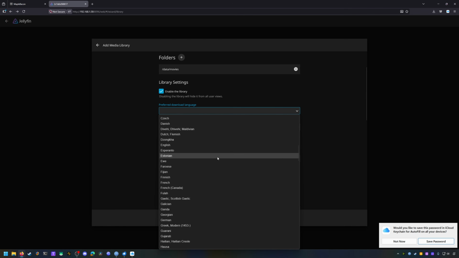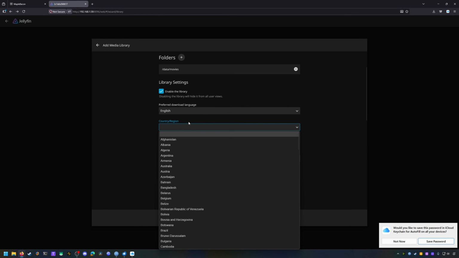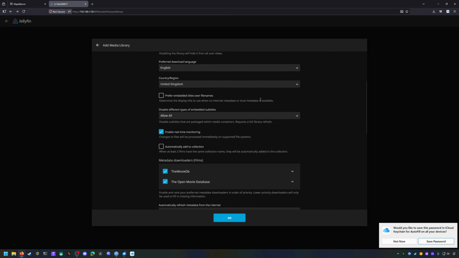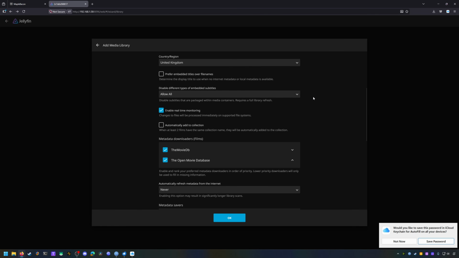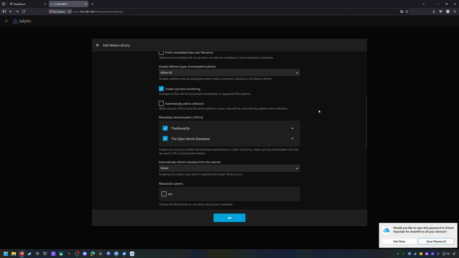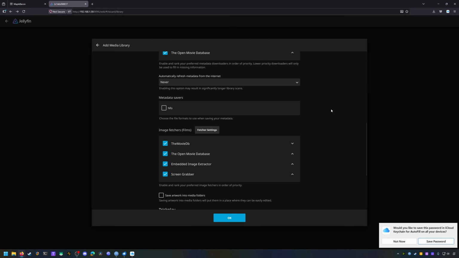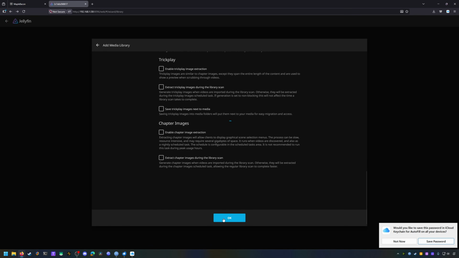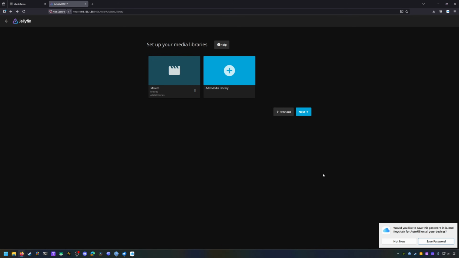Preferred language is English. Country region isn't UK. I'll leave that unticked. Most of this is all down to personal preference. So a lot of these is to do with metadata fetching and things like that. We'll click OK. And there we are. So if I click on my movies library,